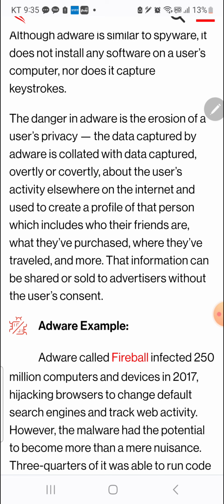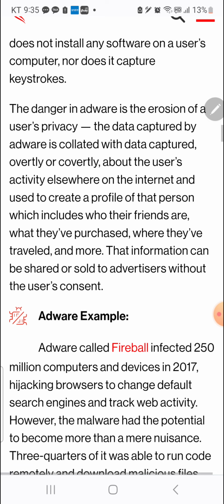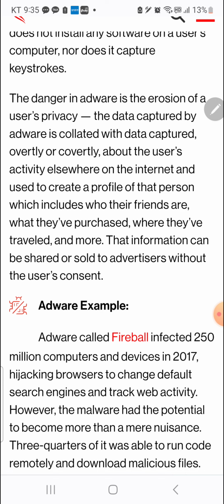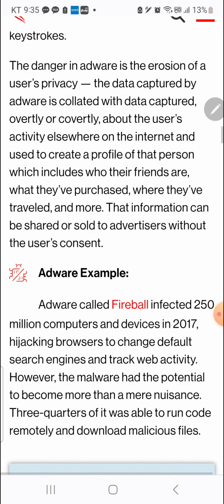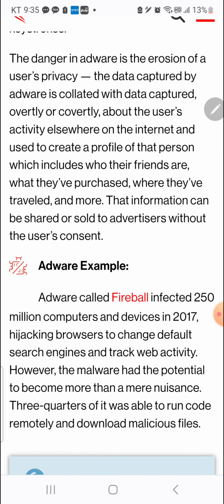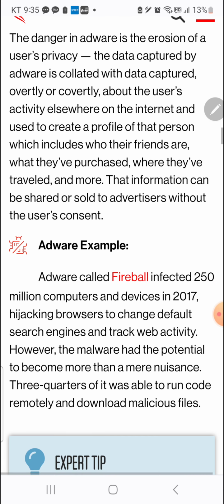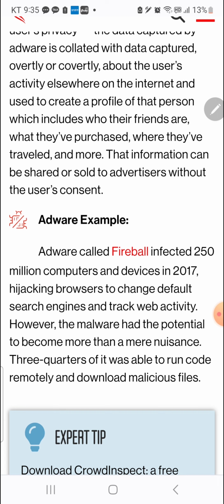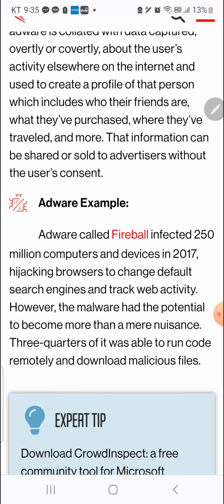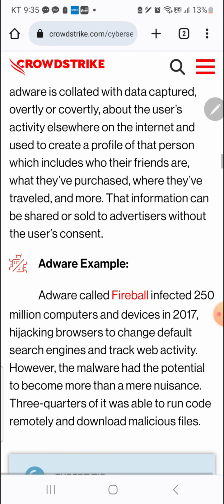The data captured by adware is collected with the data captured overtly or covertly about the user's activity elsewhere on the internet and used to create a profile of that person, which includes who their friends are, what they've purchased, where they've traveled, and more. That information can be shared or sold to advertisers without the user's consent.